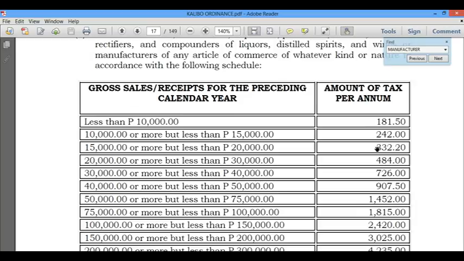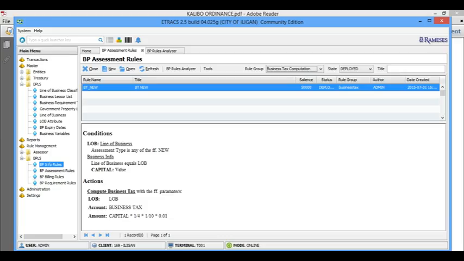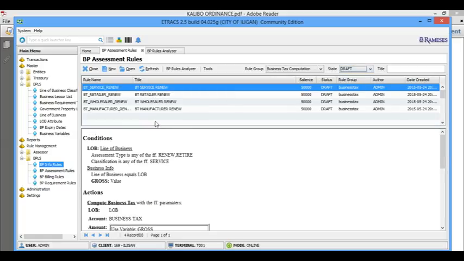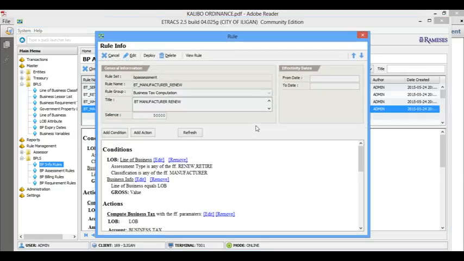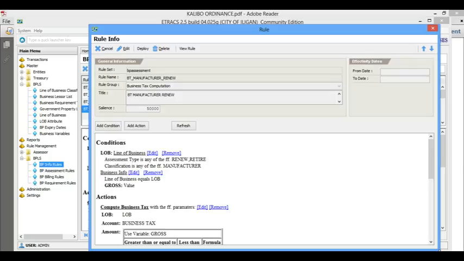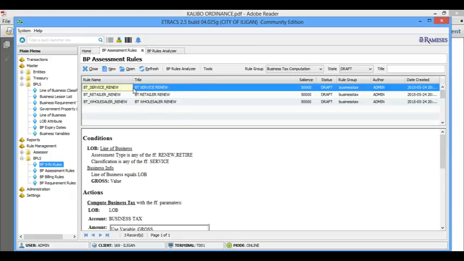accounts here. Okay, so what we're gonna do is we go in here, we'll add a rule here, this business act computation. Okay, so we go to draft and then we'll select this manufacturer. Okay, so you just follow this rule. We've already sent this because okay, I'm gonna create one so that you can follow, but for the rest you just use our template. It's much easier.